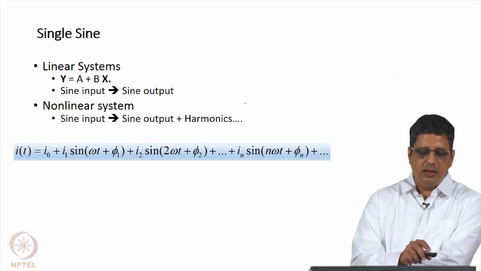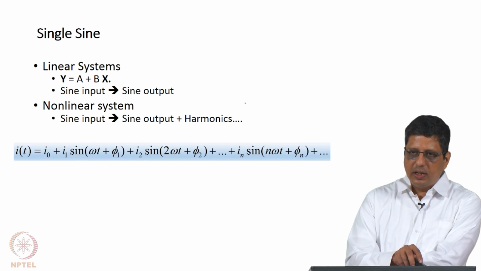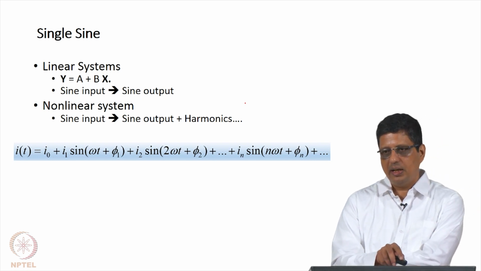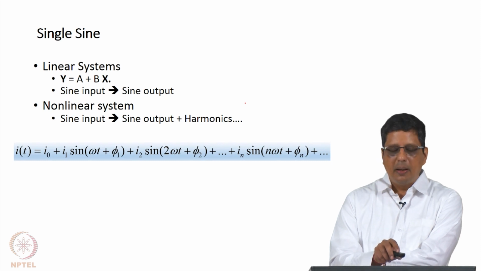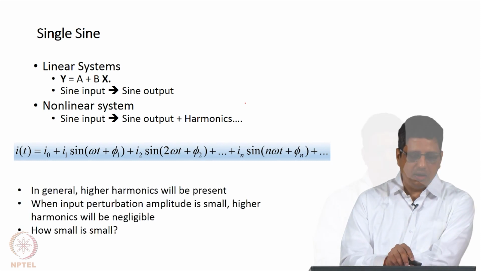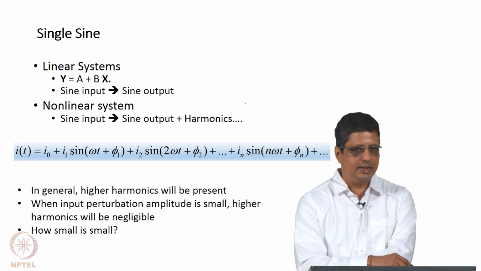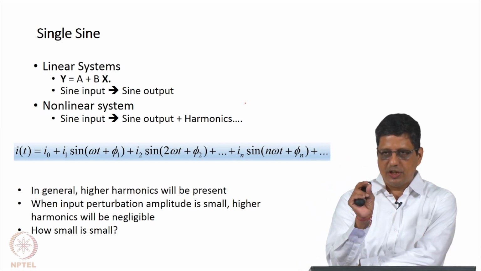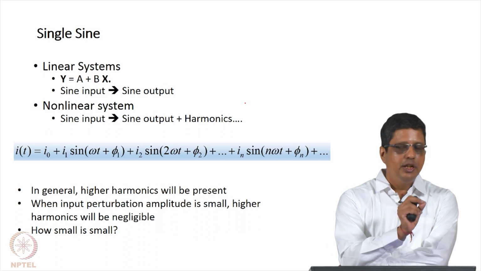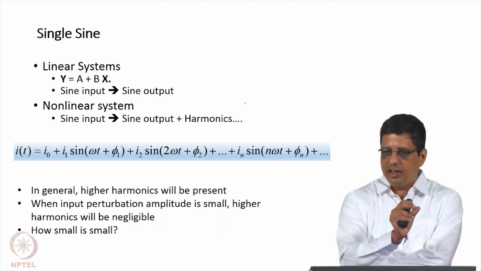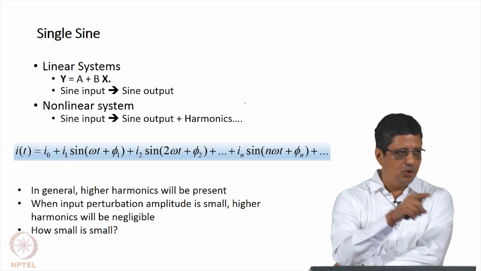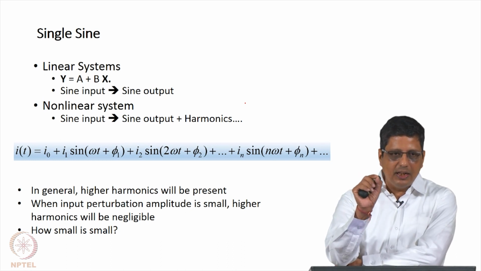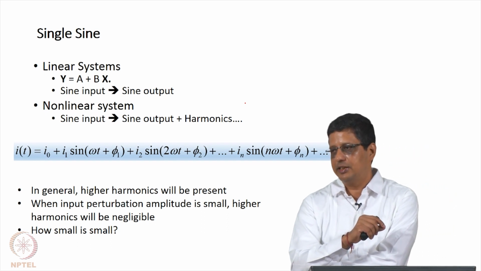So, normally you would expect the current would come in the first order and with harmonics. First order is the fundamental and with harmonics. But if the perturbation is small, you can say that it is going to be a linear system. It is going to respond like a linear system at that DC potential. Move to another DC potential, it is going to respond like a slightly different linear system. We are not saying throughout this potential, throughout this current range it is linear. We are saying around this, if you move a little bit, I can approximate this by a linear system.